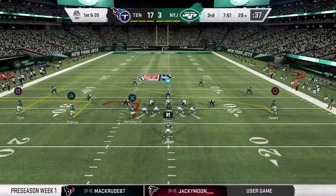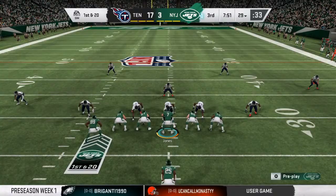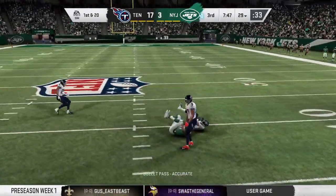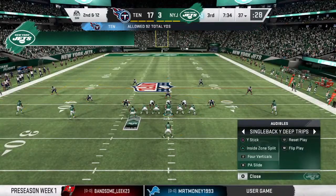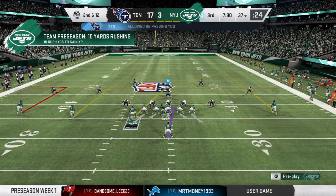That hold coming from the left side of the line. Hands got caught in the cookie jar on that one, and the flag came out. Penalty against him. Looking to throw. Jones. They'll give him 8 on the play, and that'll make it 2nd and 12. Brings up 2nd down at the 37-yard